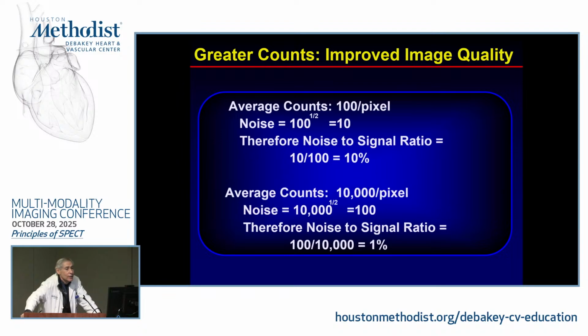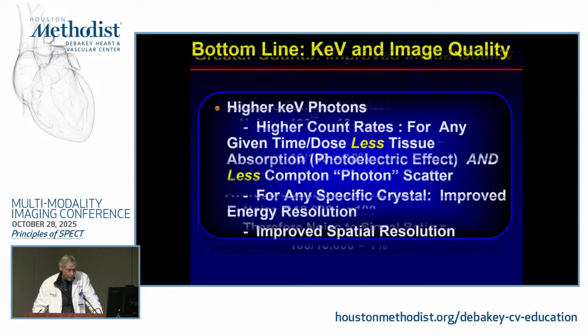We do that in CT a lot. My goodness, we do ADMIRE 3 and ADMIRE 4 all the time when we have low count studies, particularly in obese patients where you get a very poor mA flux. So iterative reconstruction can help, but still it's much better to acquire as many counts as you can rather than trying to use software techniques to improve your image quality. Okay,